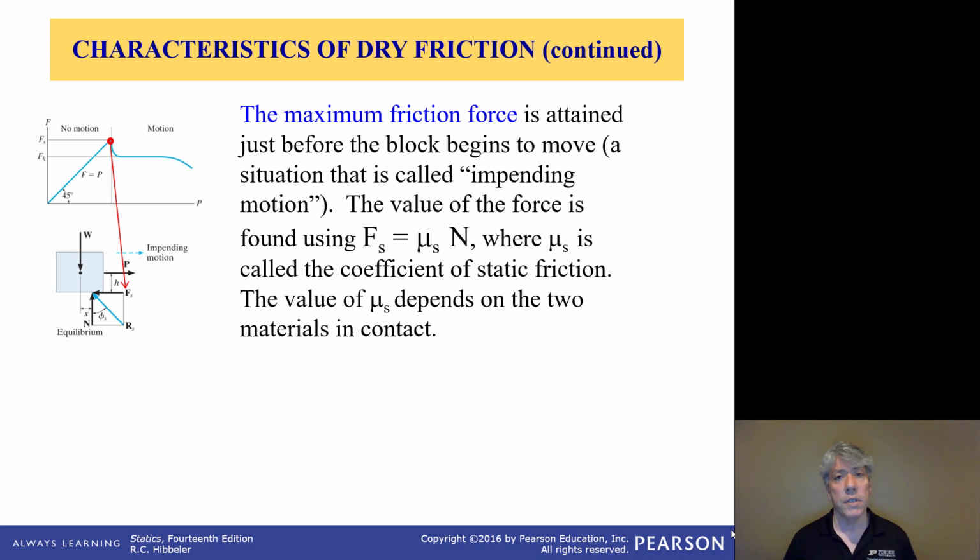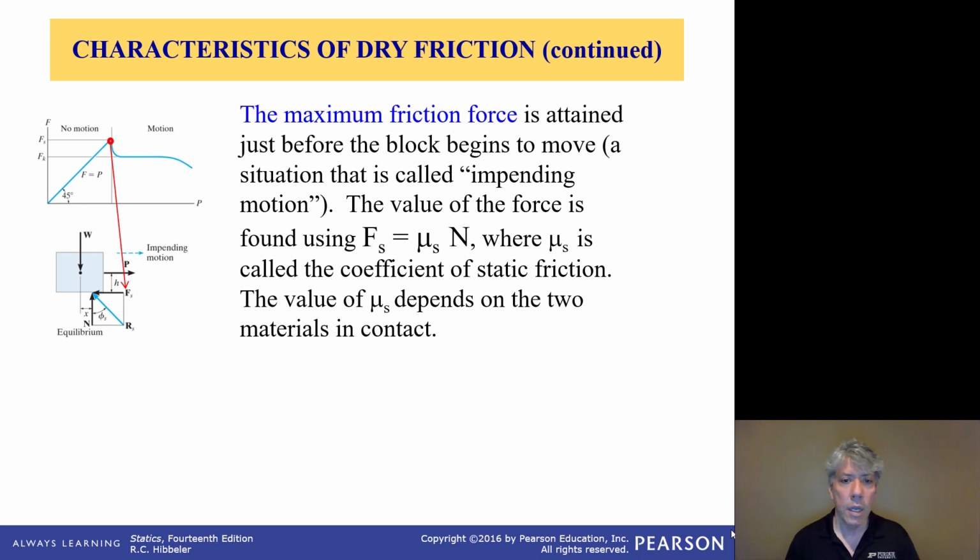Now you may have taken physics and already have seen an equation that says the frictional force is less than or equal to mu N. That one is correct, and this one is too, but they're talking about two different things. Well, I guess the other one's more general. This is more particular. This is talking about the point right before slippage occurs, whereas the other equation with a less than or equal to sign is talking about the entire curve from no pulling force being applied all the way up to the maximum pulling force before friction gives way